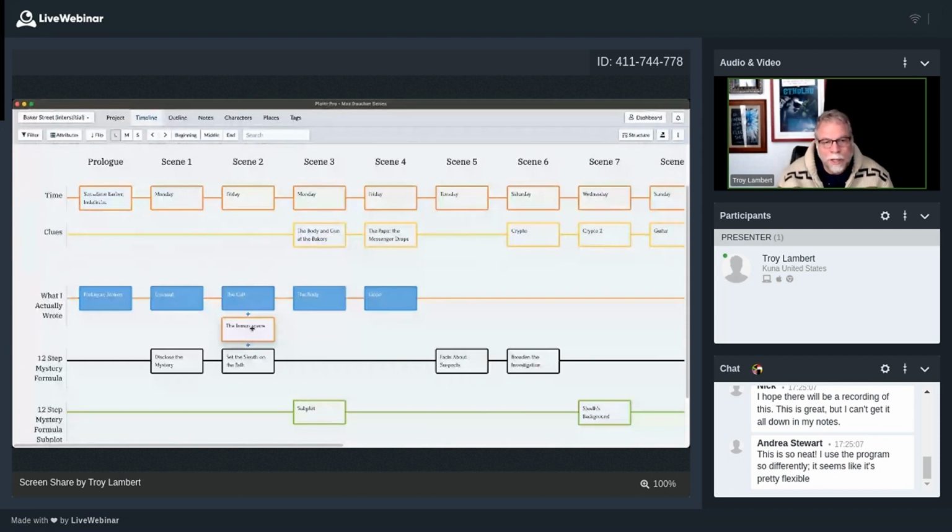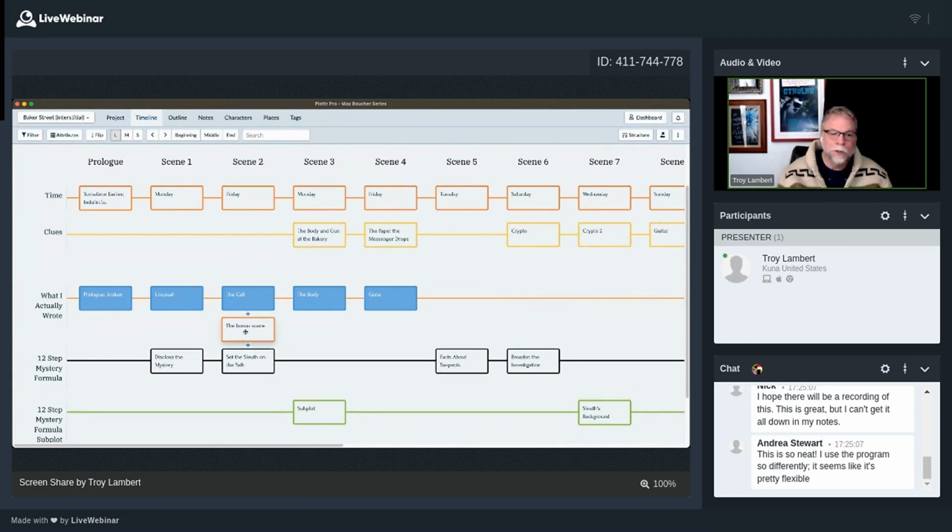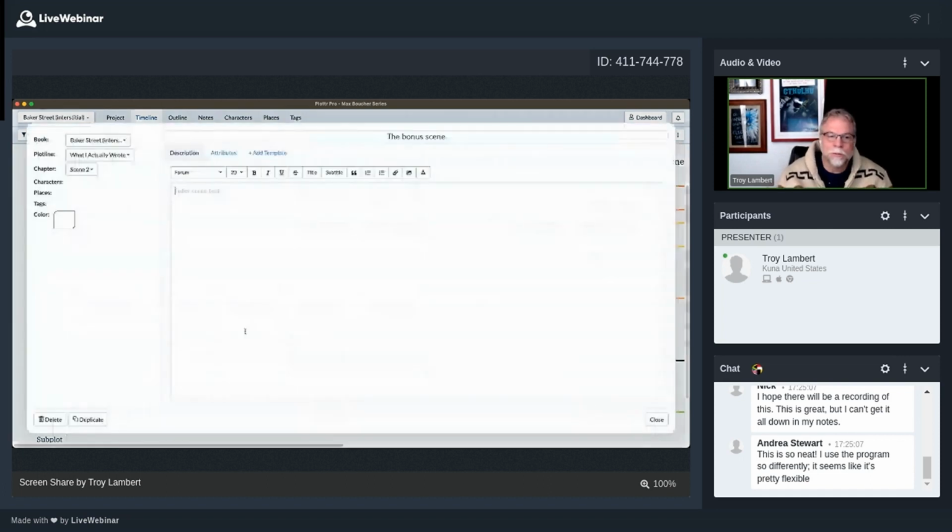So I can say, hey, either that scene is necessary, or maybe that scene actually belongs over here, or maybe it belongs somewhere else in the story. But this is just a scene that I wrote when I was writing that day that may or may not belong in the story and may or may not belong where it is. Okay. So I can move that around, or I can come to the point and say, you know what, this